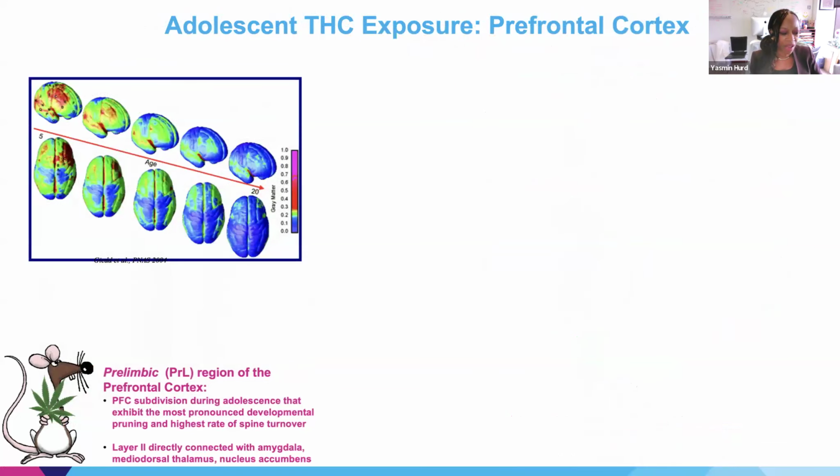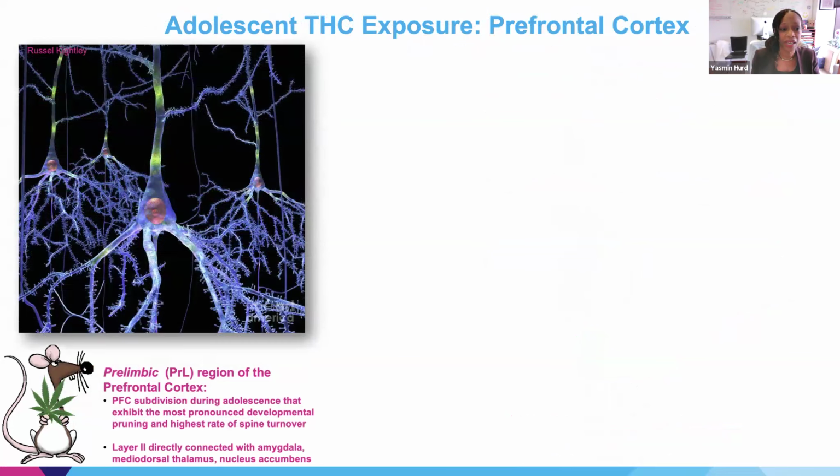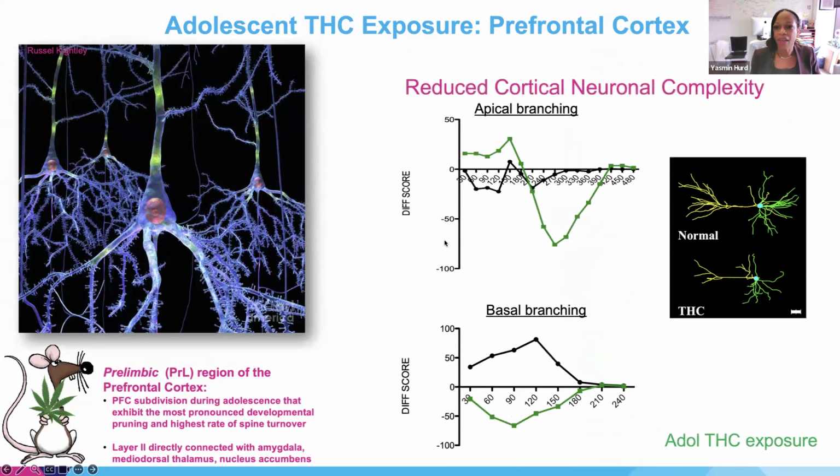Because of the high debates that occur in our society as to whether or not cannabis use is causing these structural changes, for example in the cortex, we can use our animal models to look at whether adolescent THC exposure has any impact on the prefrontal cortex. And we can actually look at the structure of these cortical cells. We can see that in young adults that had adolescent THC exposure, not everything has changed in their cortex structurally, not at all.